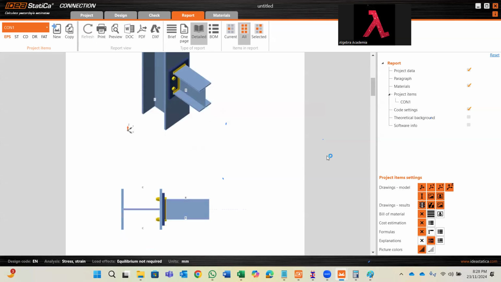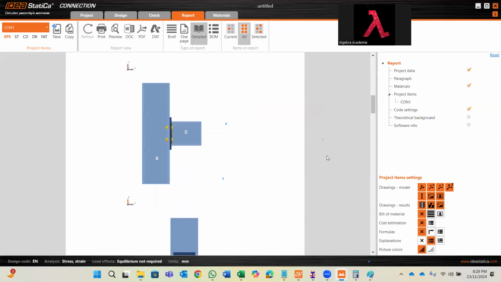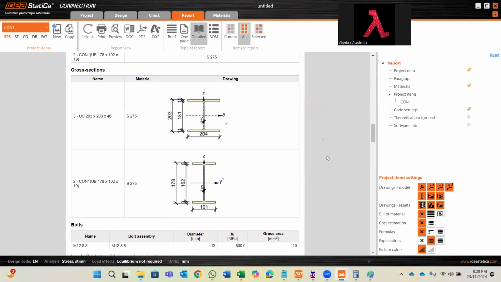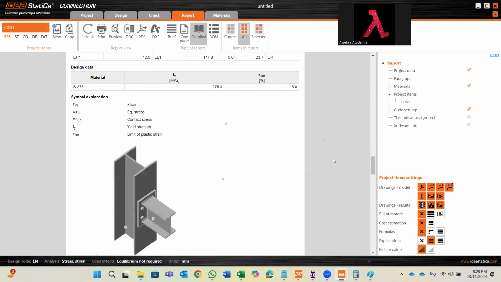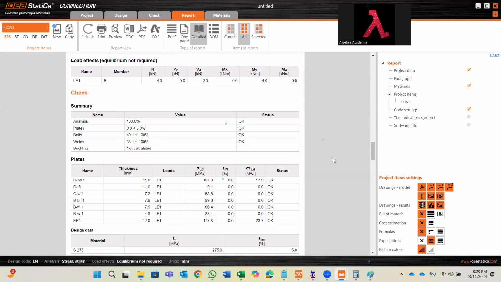Yeah, so it will give you a different view of the modeling. Okay, and of course coming back, it shows the section sizes as well, and it shows the summary as well. Okay, and going below,